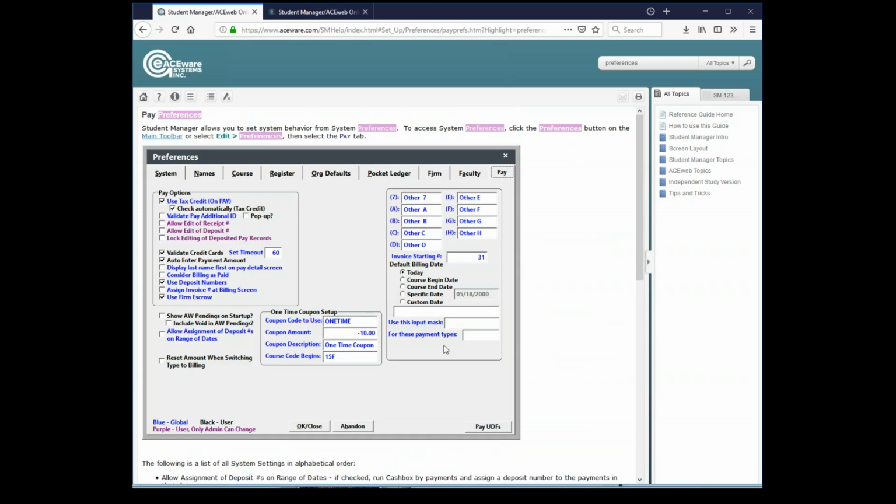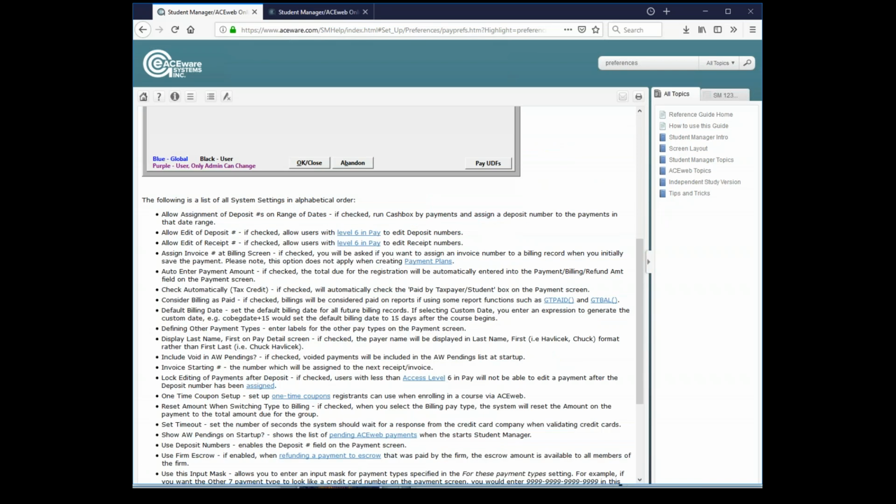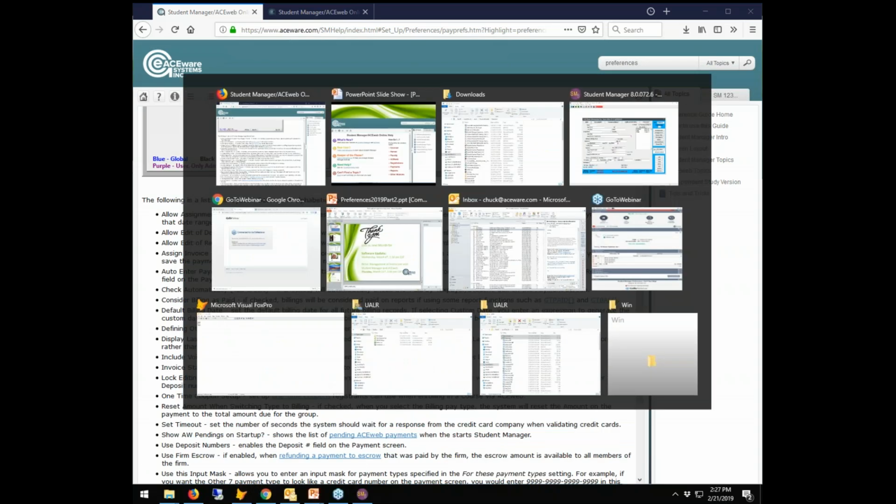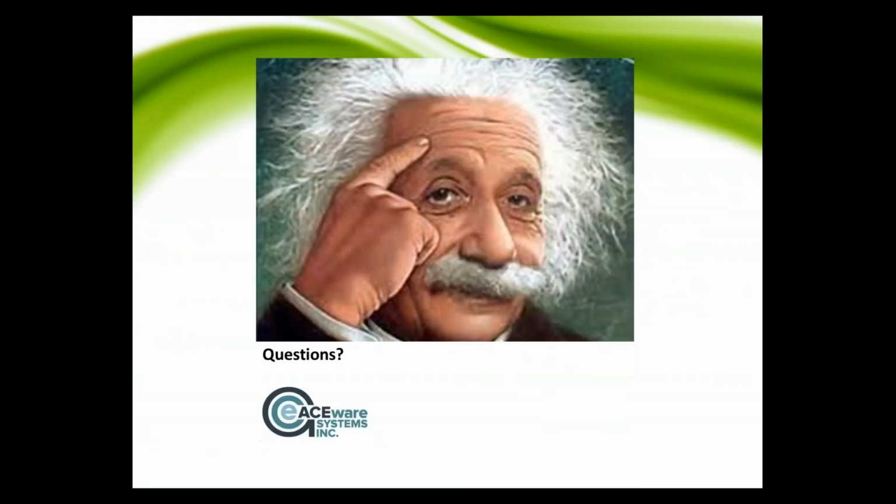So, well, folks, you have been pretty quiet here. Questions? What do you have? Are there some of these that you want to go back and review? Any preferences that you would like to see added that maybe you've got a wish list for? You know, again, we are beginning to look at adding features from the